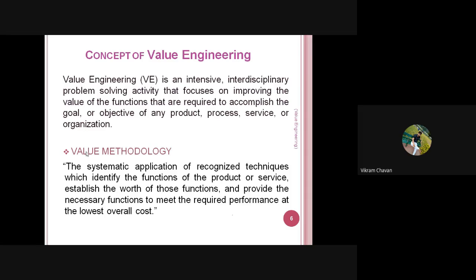In that, write down the systematic application of recognized techniques